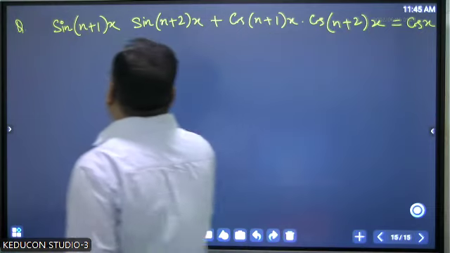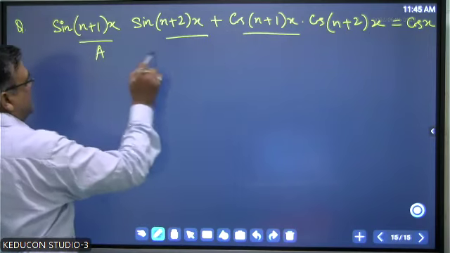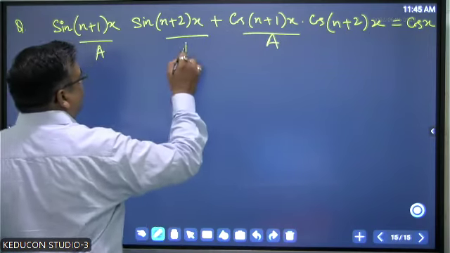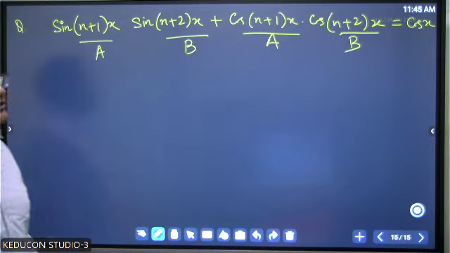Right, students? This thing and this thing same. If we take this as a, this as b, right? So it will become